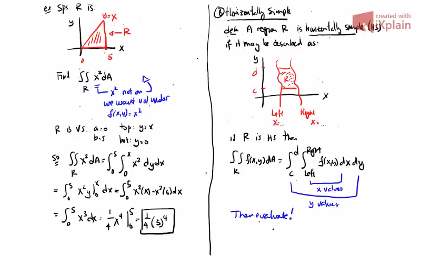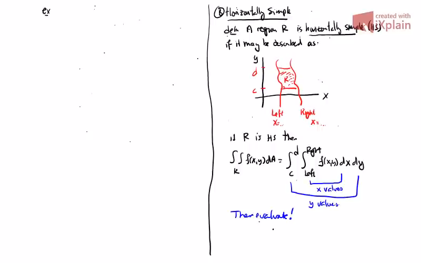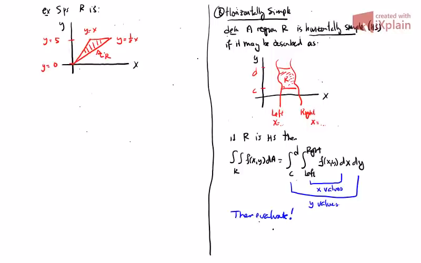So let's look at an example of this. Let's suppose r is given here, and I'll give this r a little more confusing than the previous r. So let's say r looks something like this: this would be the line y equals x. This would be the line y equals 1/2 x. We'll go between, say, y equals 0 and y equals 5. That is the r. Now, one thing to note is that if I think of this horizontally simple, what we have is,